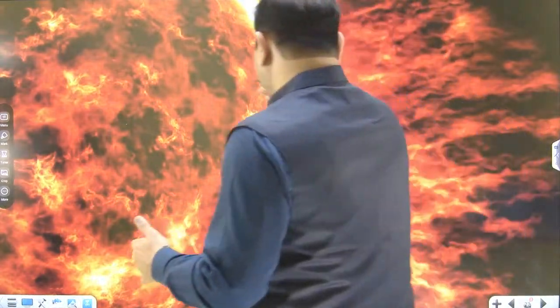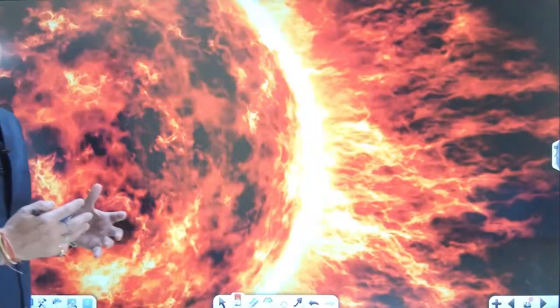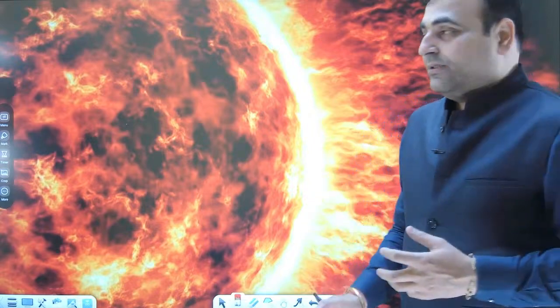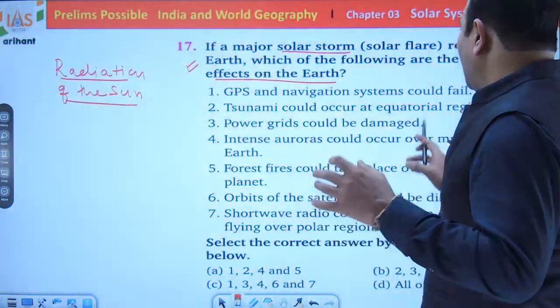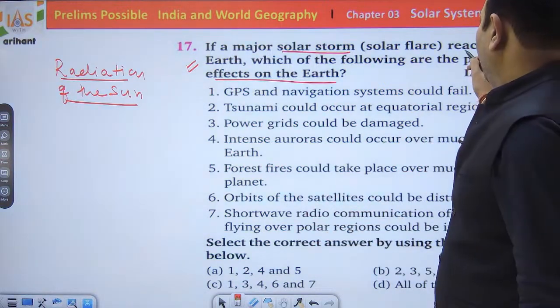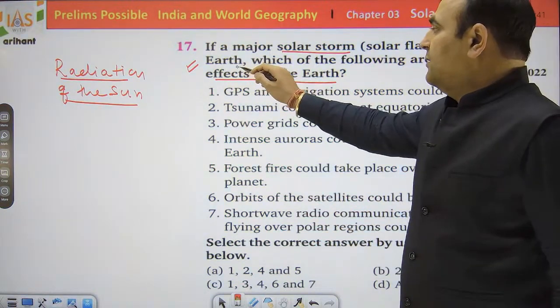This is a solar storm or a solar flare, which is because of the radiative energy from the sun. And if it reaches the earth,